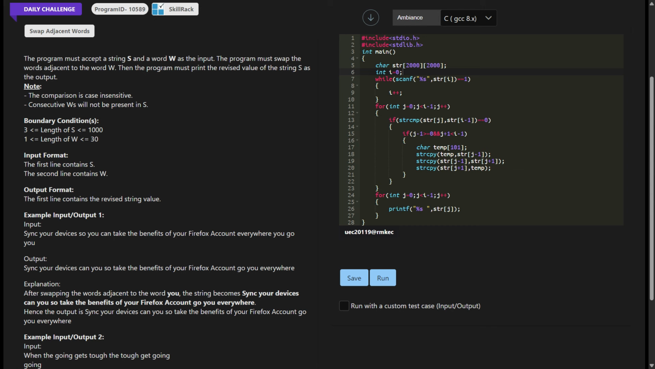strcpy(str[j - 1], str[j + 1]) swaps the content of the word before the current word with the content of the word after the current word. strcpy(str[j + 1], temp) swaps the content of the word after the current word with the content stored in the temporary array. for (int j = 0; j < i - 1; j++) starts another loop to iterate through the